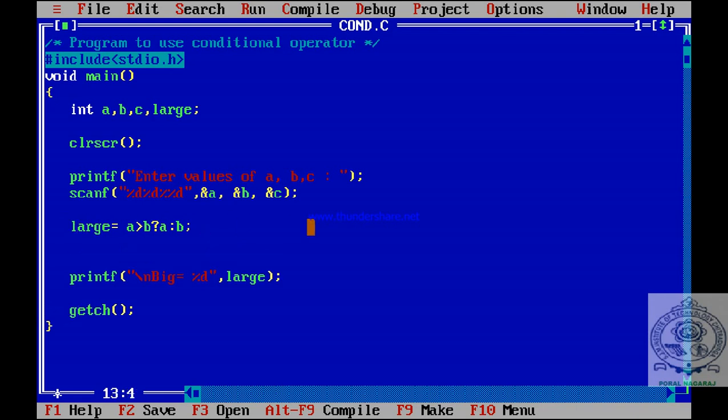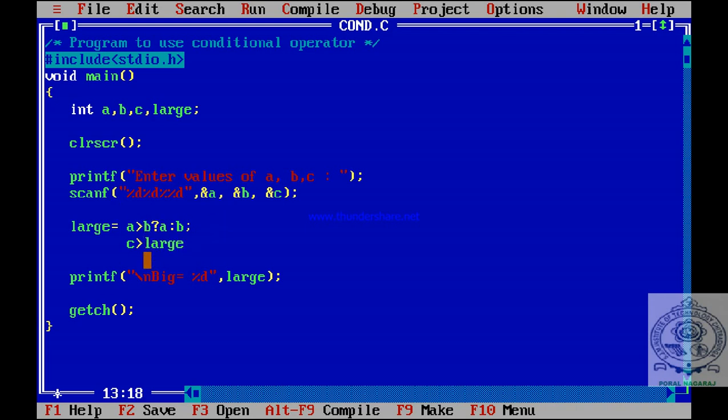Next, what will we do? We will compare that large with another input. What is our other input here? Our other input is c. Now we compare c to see whether it is greater than the large between a and b. Based on the a greater than b comparison, either a or b is copied into large. So now we compare c with large, because large holds the largest of a and b.